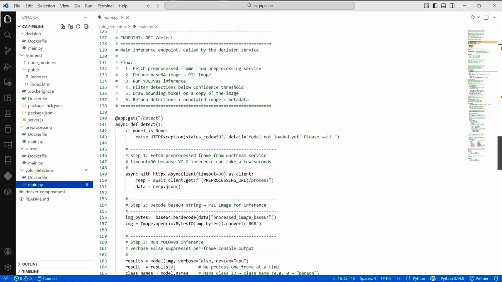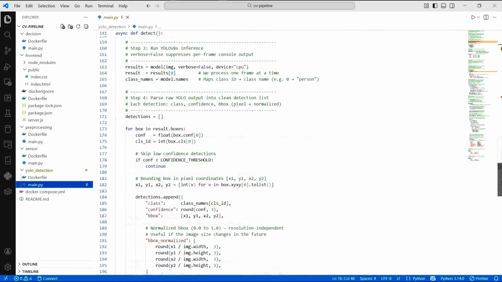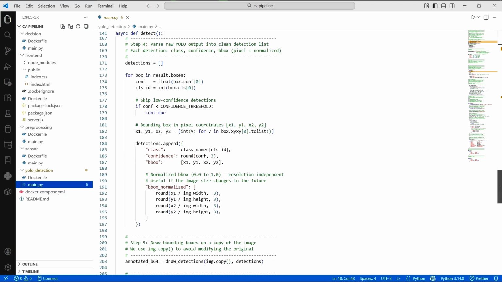The detect endpoint fetches the processed frame from the processing service, decodes it into a PIL image, and runs the model inference with verbose set to false to suppress the per-frame console spam. Then we loop over results.boxes, YOLO's raw output.